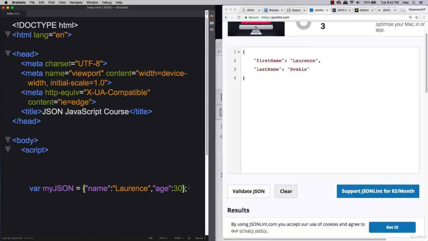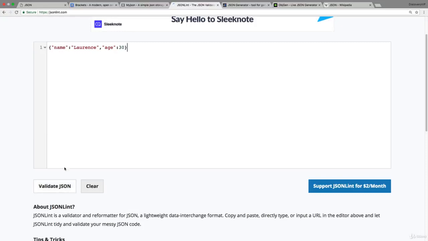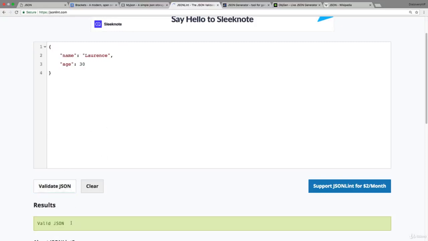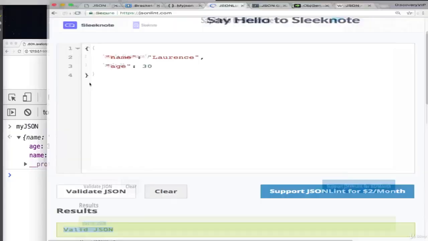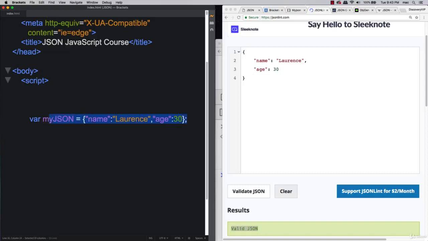Let's try that out and add it into the validator. What do you think will happen here? I'm just going to clear this out and copy and paste my JSON object. Do you think it's going to be valid when I press validate JSON? If you said it is valid JSON, you are correct, because the format that I was writing within the JavaScript here did make it a valid JSON object. If you take, again, that JavaScript object, this isn't going to be JSON. Although it's going to work within JavaScript,